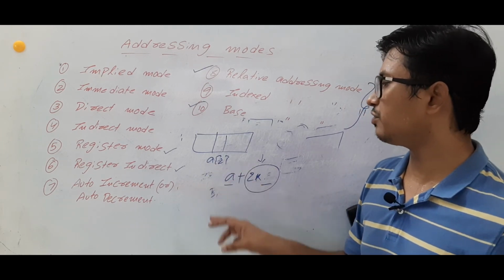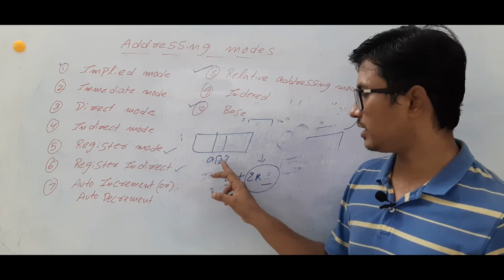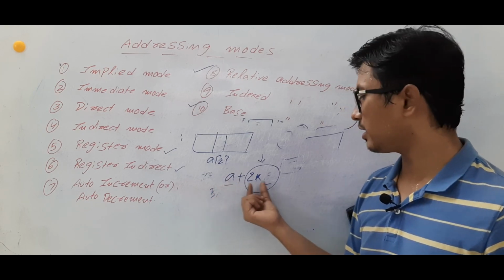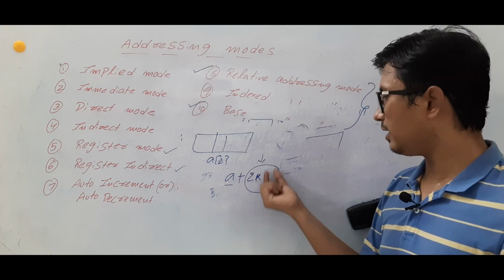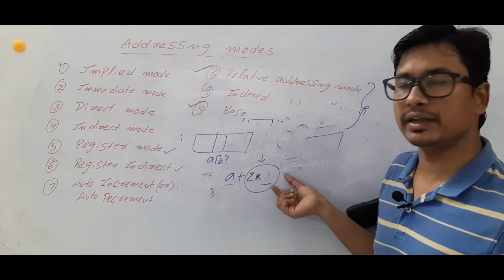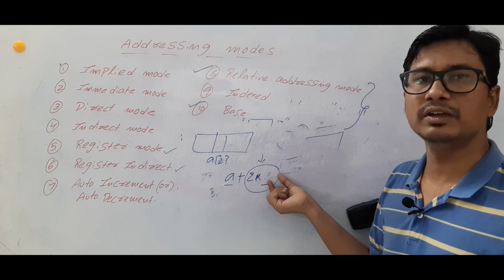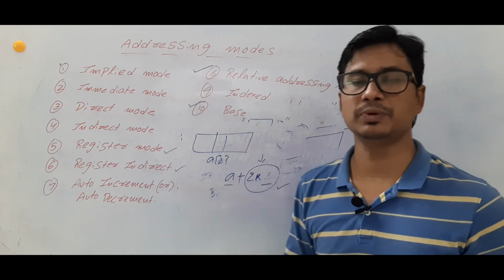So if you want to fetch the element at A[2], meaning the array name is A and 2 is the index, then the base address of the array is added to the value 2 times the size of the element. If it is an integer array, the size of the integer is used in the calculation. So this is the example for the displacement addressing mode.